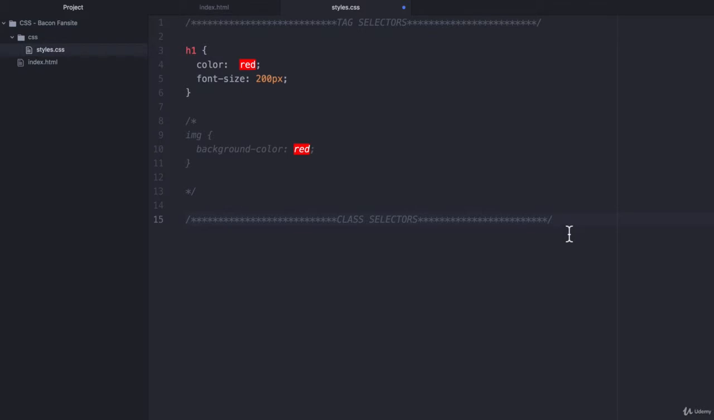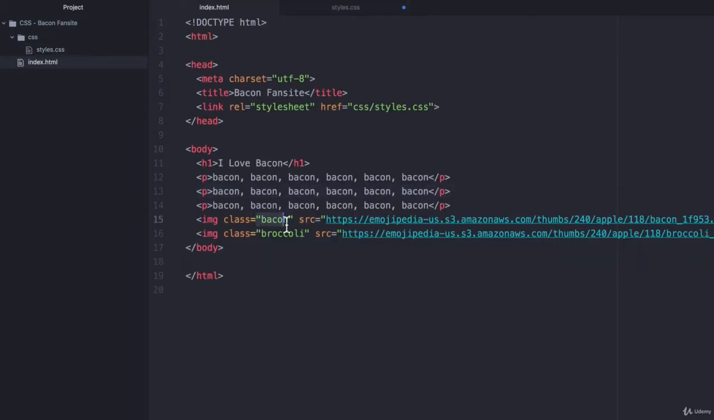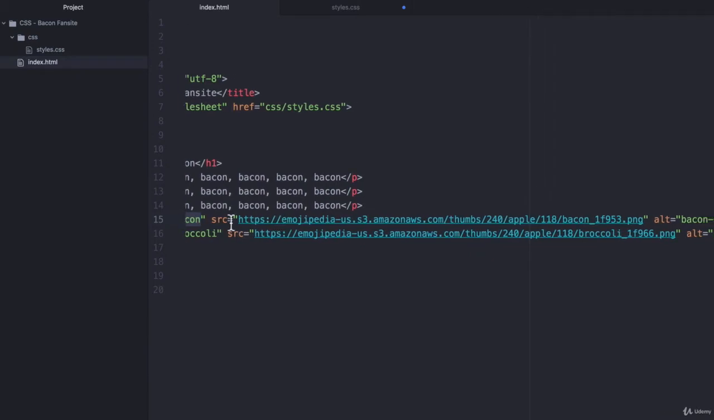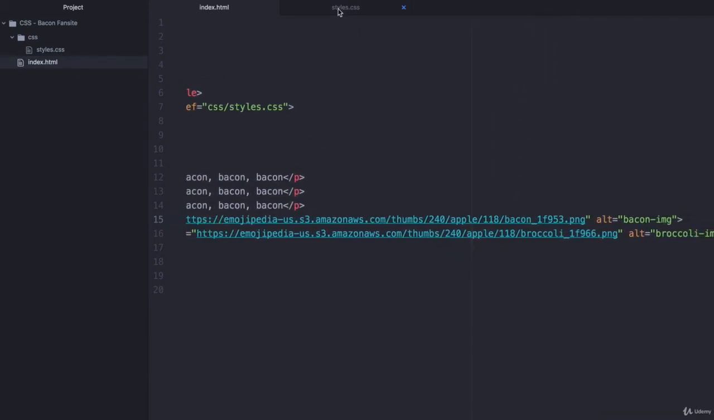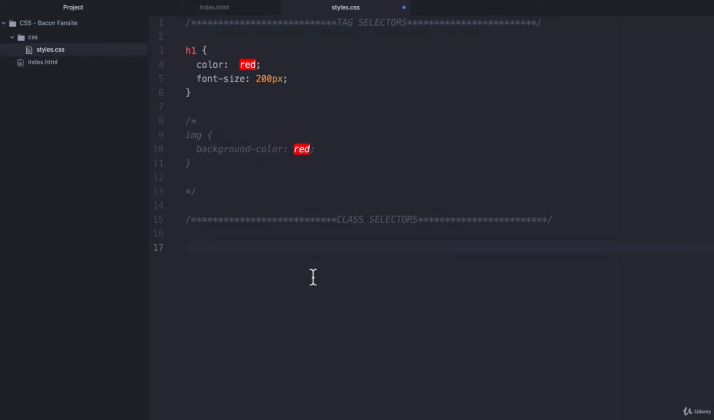Inside this section, I'm going to tap into that bacon class in order to only change the styling for the bacon image and give it a background color of green. To target a class rather than a tag, the only difference is a full stop or a dot in front of the class. My class is called bacon, so to use it as a selector, I just say dot bacon, and the rest of the CSS rule looks exactly the same. And I'm going to say that for the bacon class, I want the background color to be green. But for the broccoli class,